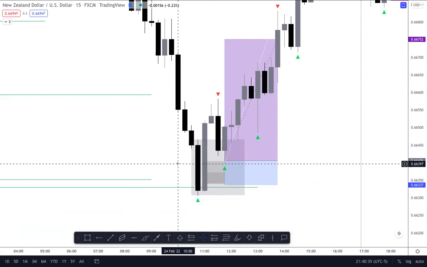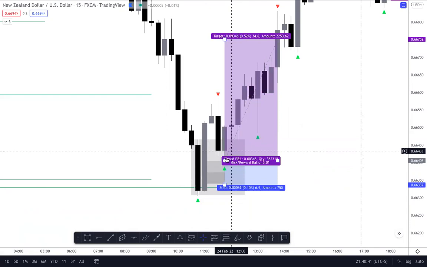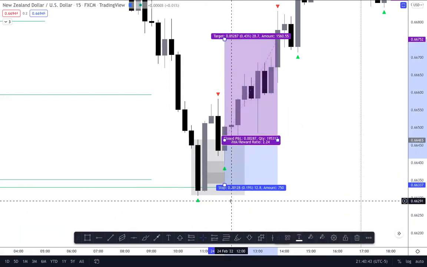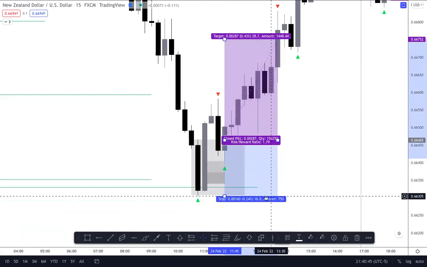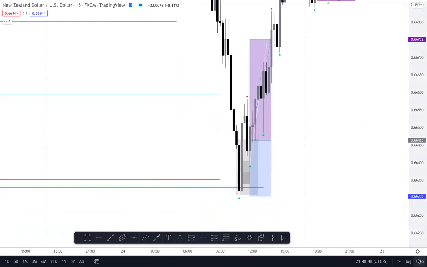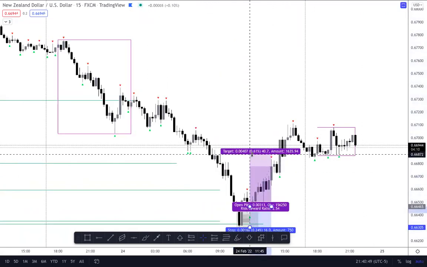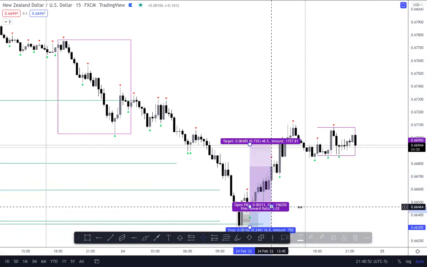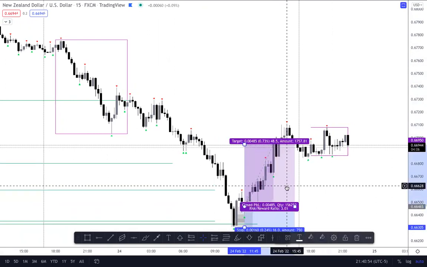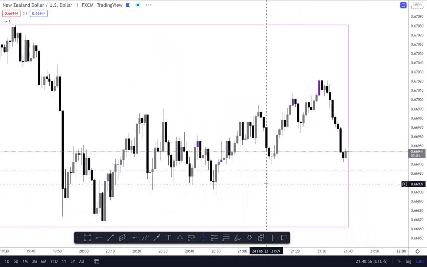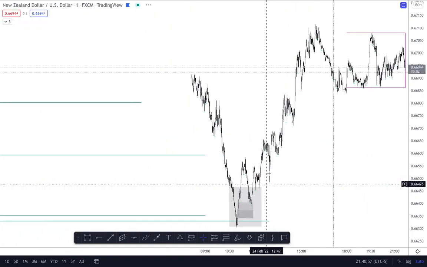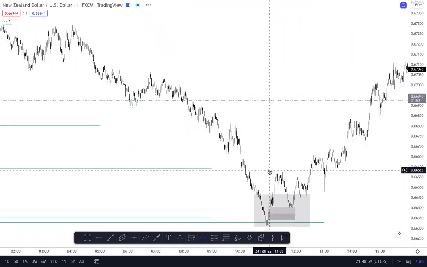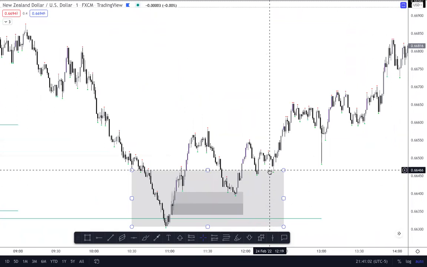If you want to take notes for everything I'm saying, that'd be great, because I really don't expect most people to just memorize everything I talk about. Anyways, here's that 15-minute OB, right? Concerning that 15-minute OB, would we have grabbed a 1 to 3? As you can see, with a 16-point stop, we would have hit our 1 to 3 on this trade. Now let's look at our 1-minute refinements and see if we would have grabbed that 1 to 10 and 1 to 5. It looks as if we would only grab the 1 to 5 and not the 1 to 10,